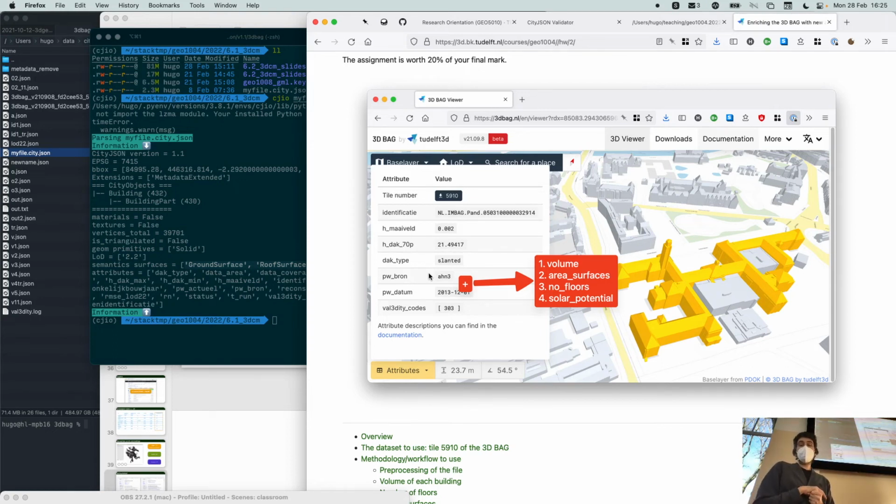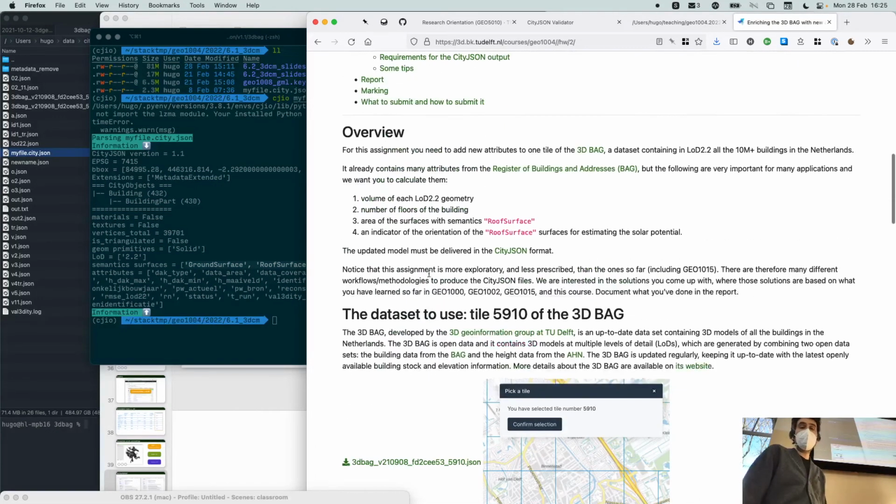And the other thing is, well, I call it solar potential, but I want to know what is the orientation of the roof. So don't put a solar panel if you're facing north, let's say. Common sense, but I want you to calculate all these things. So solar potential is just the same as the surface area of the roof, but then only... No, that's the orientation. Yeah. But it's described more, so I can give you a bit more details.